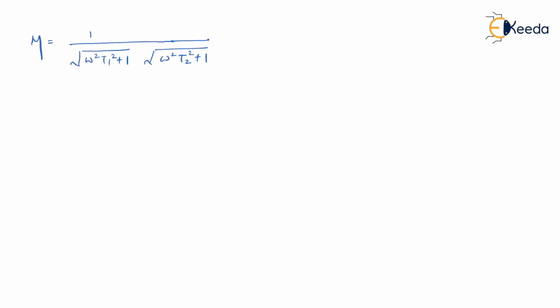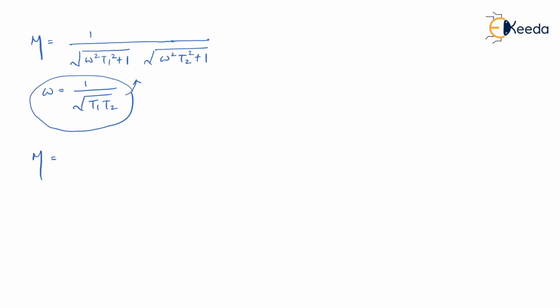In fact, now we know the value of omega at intersection point. So what is the value of omega? The value of omega is 1 over under root of t1 t2. What I need to do, I have to substitute this value in the above magnitude expression. So I'll get the magnitude at that intersection point, because this omega is not normal omega. This omega is the value of omega at that particular intersection point where my polar plot was crossing minus 90 degree. Please don't forget that.